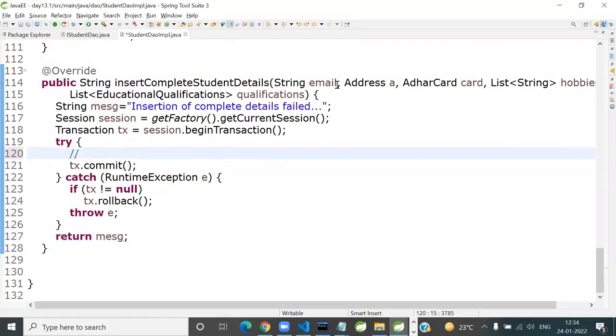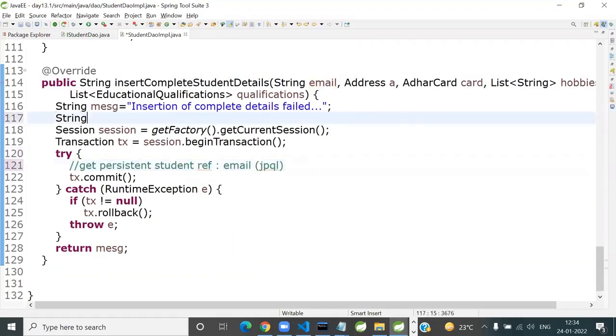The moment I have an input as an email, what is it I should use? Student reference by JPQL. Absolutely. So get persistent student reference using JPQL. The moment I say email, email is not an ID. It's a unique key. Of course, JPQL single result. Get single result. So add JPQL is equal to,